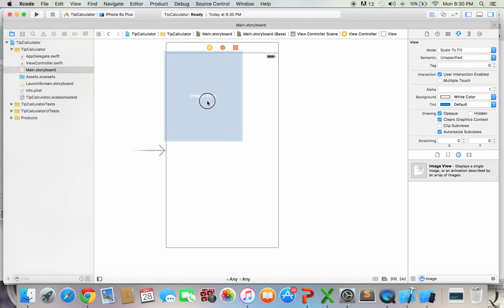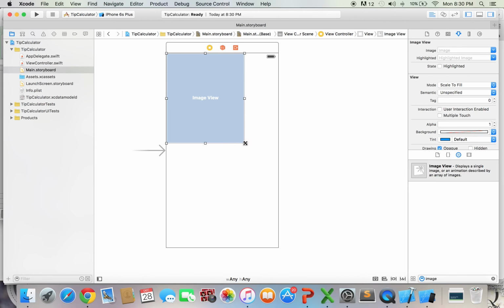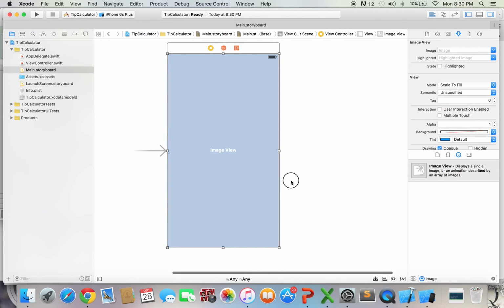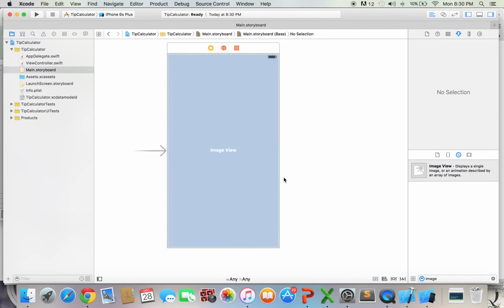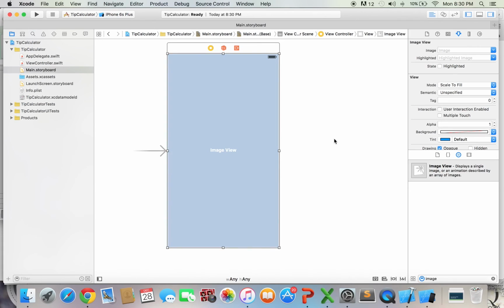So when I'm trying to drag and drop, it'll give me all these tips, all these lines that tell me, hey, are we centered on the screen, horizontally or vertically, which is really nice because for positioning all of our UI elements, that would really help developers out. So now we have this image view which takes up the entire screen,